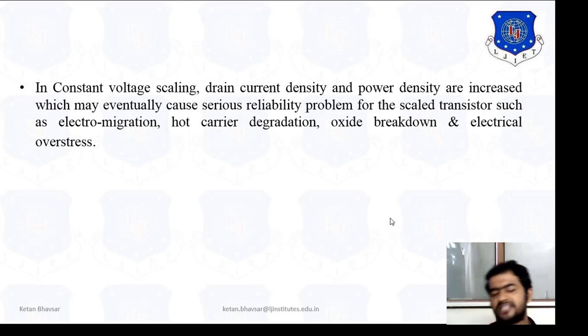So in constant voltage scaling we have to write down a specific constant voltage scaling table. Also we have to draw a simple diagram of the depletion region. Then we have to draw one 3D cube, and then explain the basic concept for 3 to 5 marks. But for 7 marks we have to write down the scaling factor also, because the junction capacitance is dependent on the applied voltages VDS, VGS, and VTO.